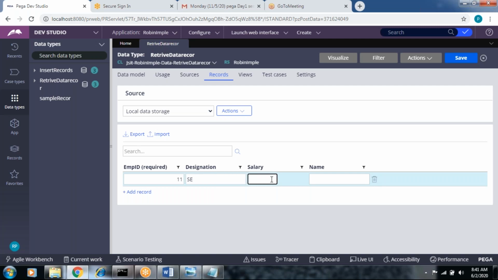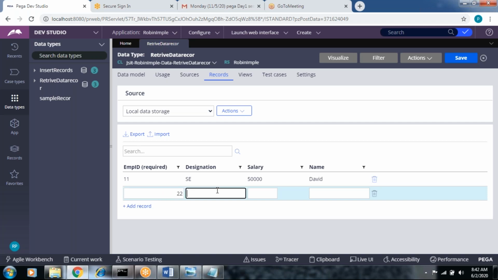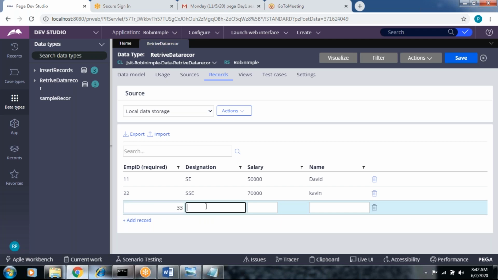So these are the data. In this task, I'm going to explain the tracer also. What is the importance of the tracer? Okay, just click on save this data.